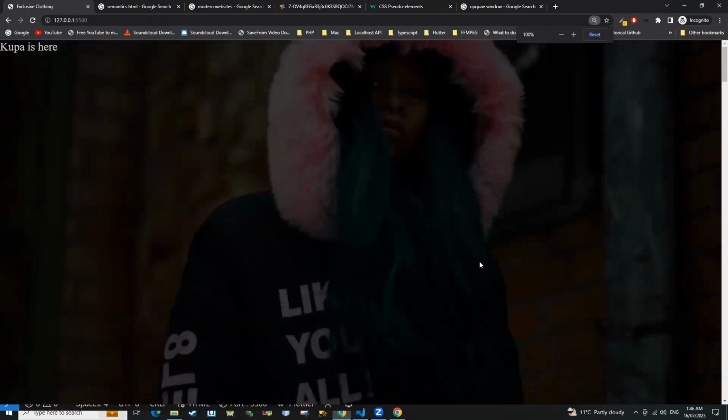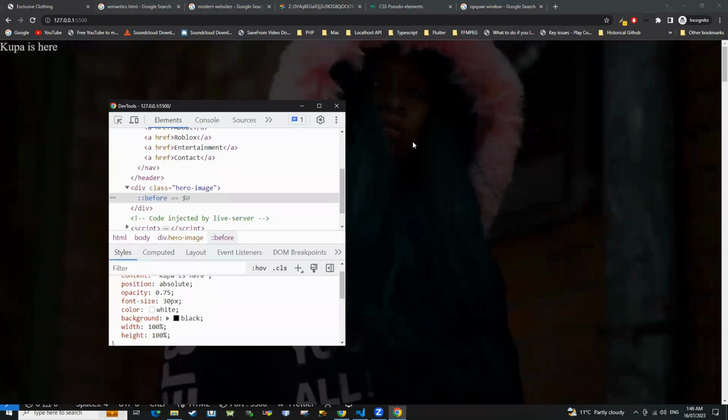There we go. Now we have a full-blown shade on top of our image. And then all we have to do is make this blank, okay? So we get rid of the text. We get rid of the font size because we don't need that. Alrighty, and yeah, Bob's your uncle. So let's copy this. Actually, before I forget,